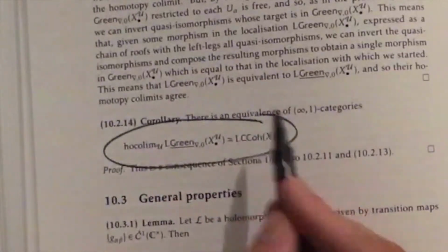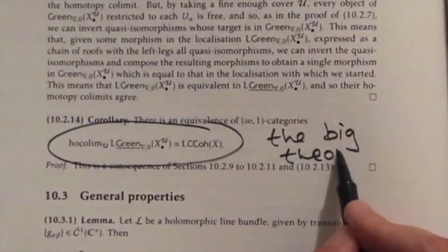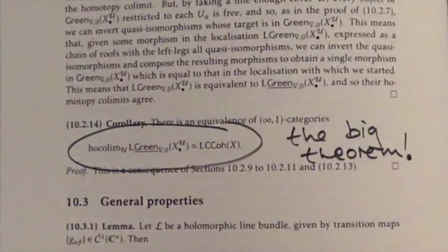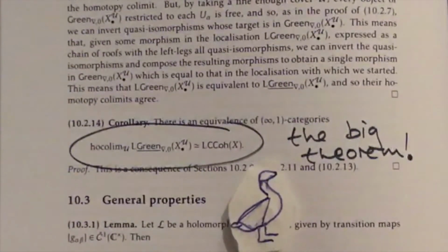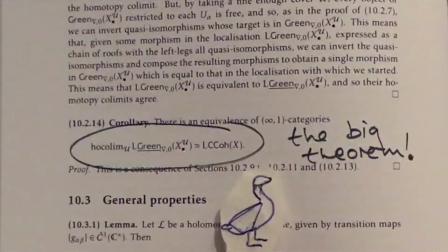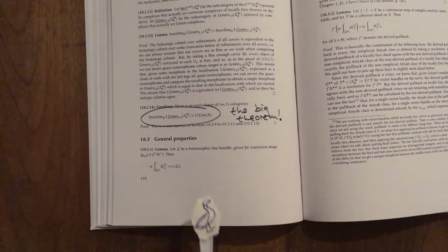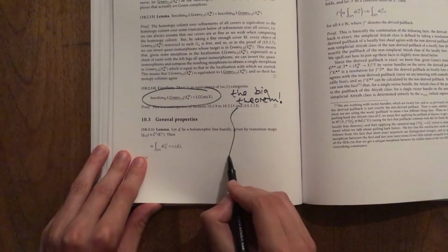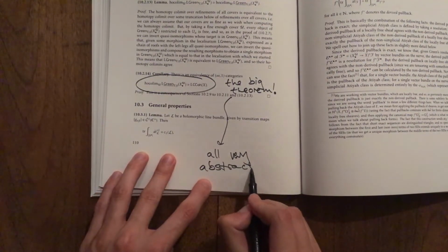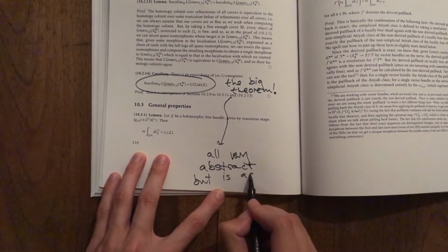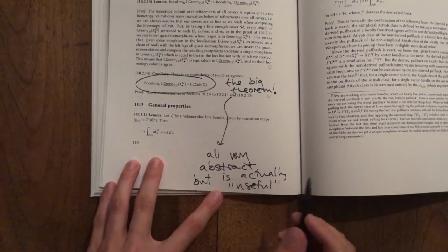There is an equivalence of infinity 1 categories between complexes of coherent analytic sheaves and the homotopy colimit, over refinements of covers, of Green complexes, which are exactly these complexes of vector bundles on the nerve arising from Green's resolution, that is, those that satisfy this injective coface surjective codegeneracy property, amongst others. As a bonus fact, since X is assumed to be paracompact, for any complex of coherent analytic sheaves, this homotopy colimit will be finite. That is, we can actually do calculations and write down resolutions.